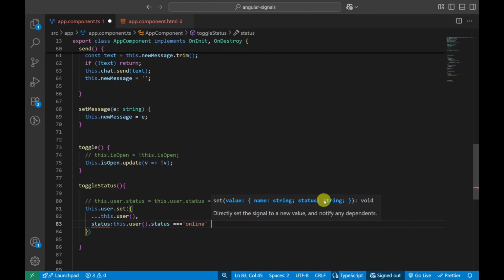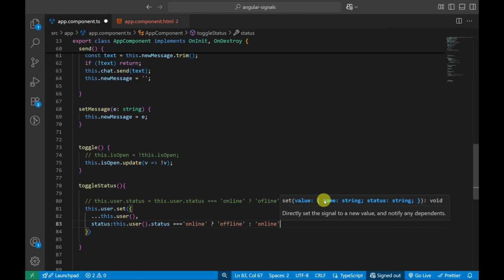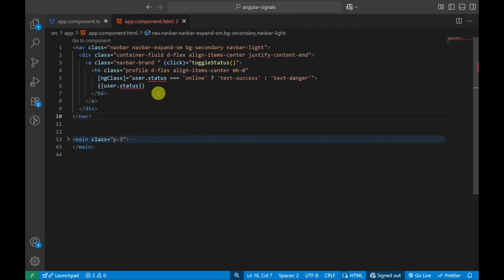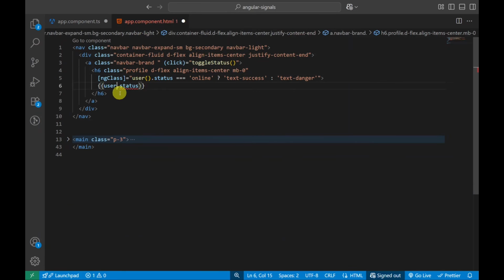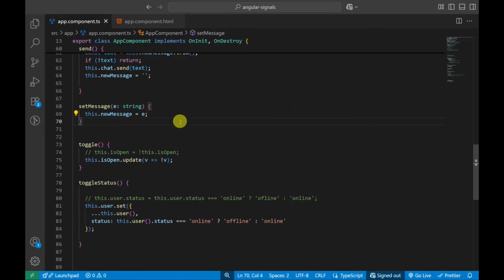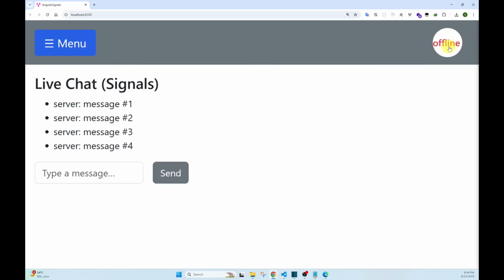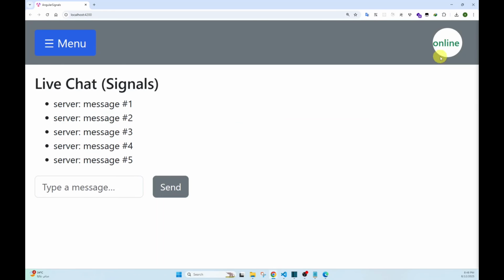If it's online, it's offline, and online. Now we should go back to the template and change the syntax of user. Fantastic. Now we check everything. It's okay. Now back to the browser. It works.